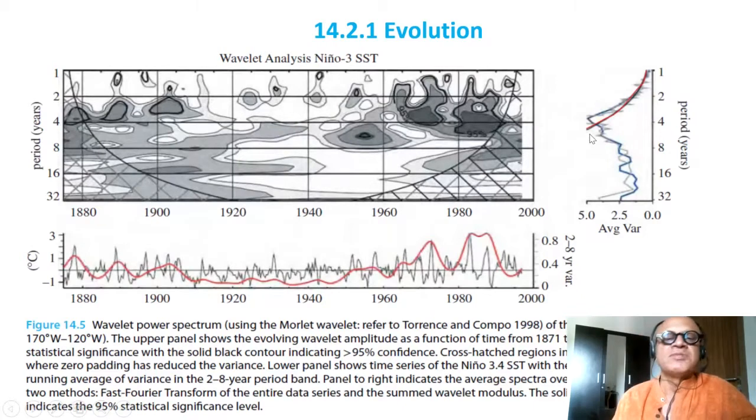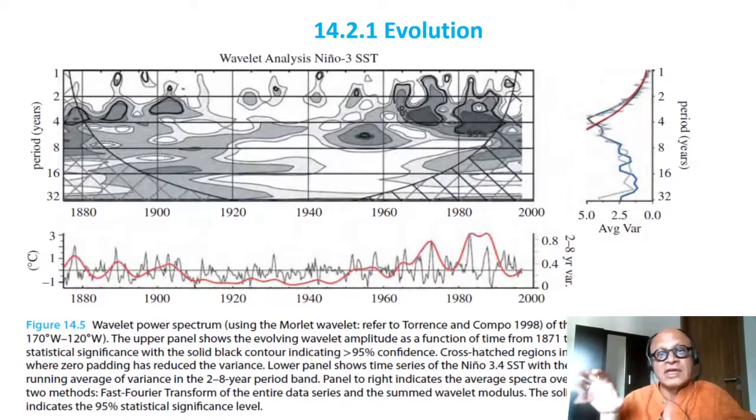And the book just makes a statement that just using fast Fourier transforms, you don't get this kind of information that wavelets give you, which is the changing spectral power in various period bands over time. So there is additional information that tells you how El Niño evolution can be looked at on interannual time scales, and also its variance, which sometimes is referred to as ENSO variability. So how ENSO itself is varying from one decade to another decade, or from some decades to other decades, using